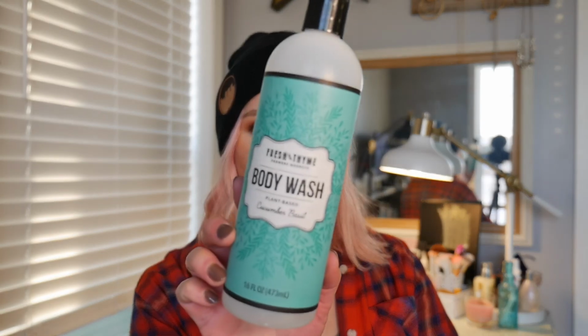Another body wash that I did like is from Thyme, which is a grocery store here in Minneapolis. If you're on the West Coast, what is that place called? Sprouts. I couldn't remember that for a while. But here in Minneapolis, or maybe in the Midwest, they call them Thyme, and it's a body wash, and it's